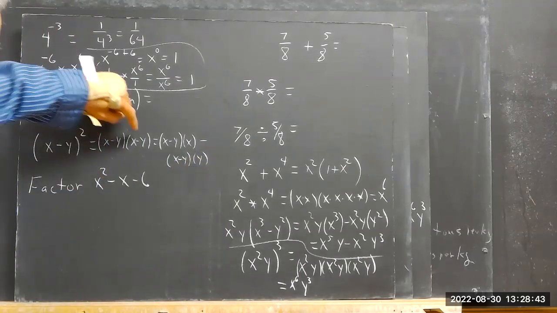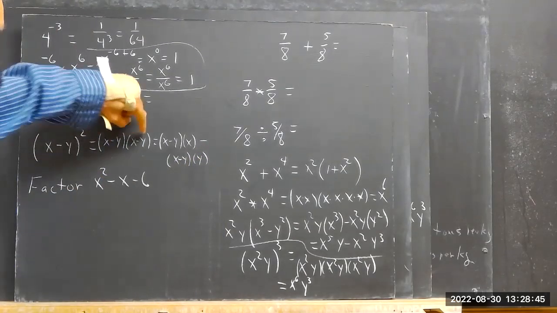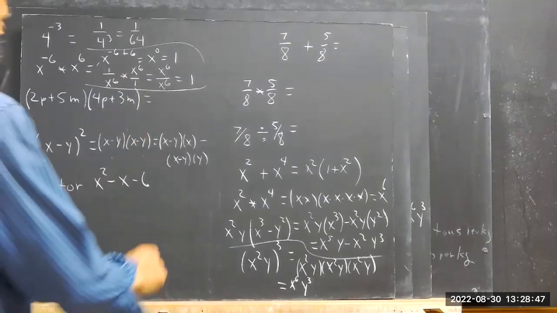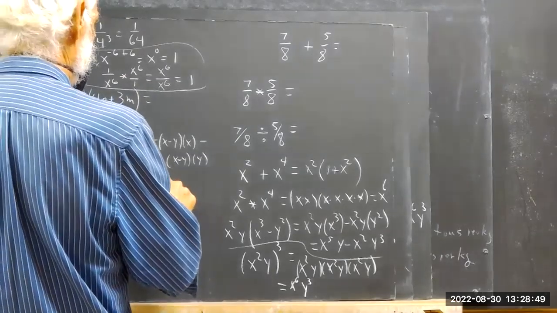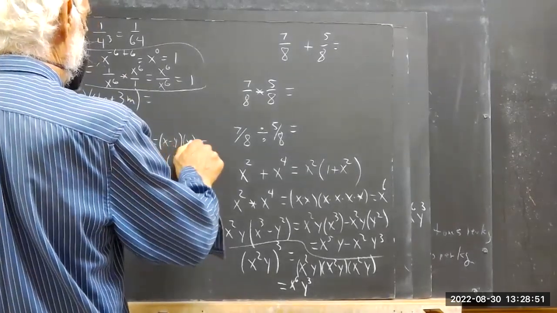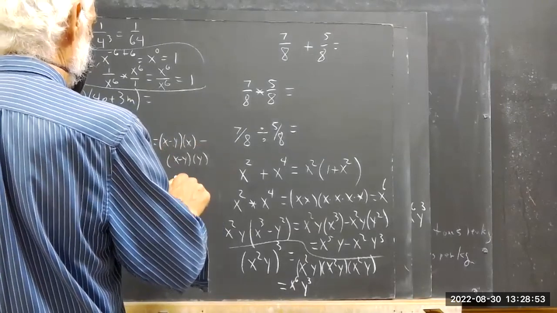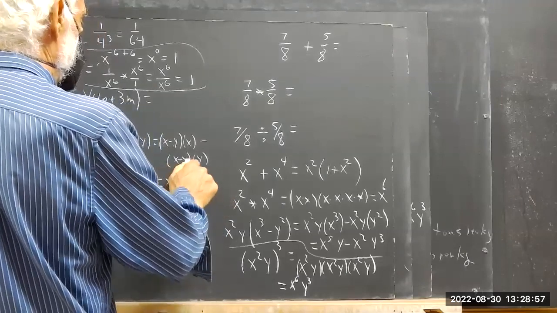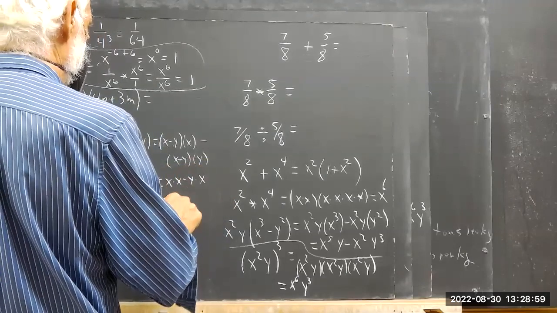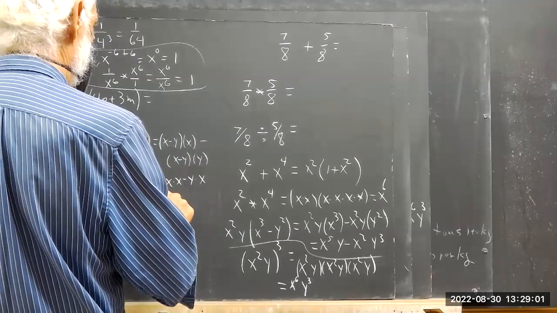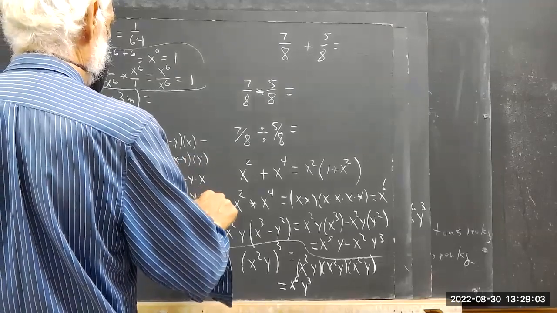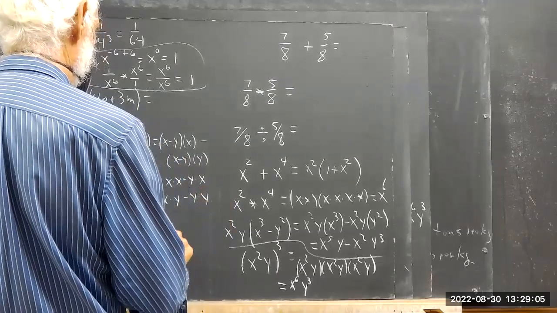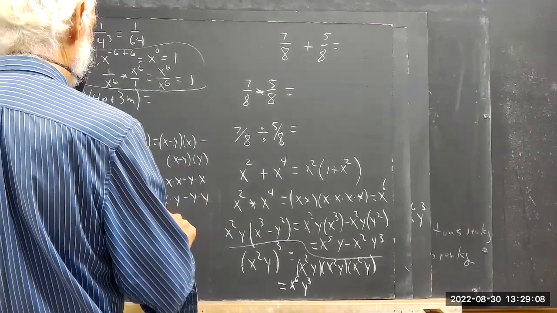It's this times this, and this times this. And x minus y times x is x times x minus y times x. x minus y times y is x times y minus y times y. And that's x squared